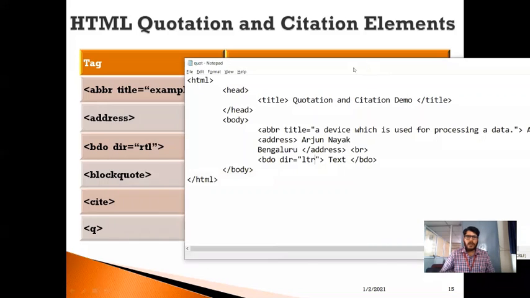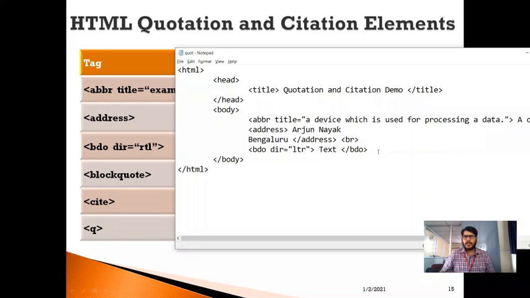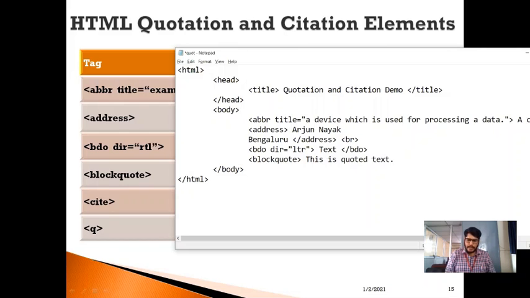This is regarding what a BDO. So sometimes I need to include block quotations. Now I want to highlight some portion of the document with a block quotation. So then I can use the block quote tag. Continuously we need to write block quote. Okay, so in between, let me write "this is quoted text", and let me close this block quote by using a closing tag for block quote.